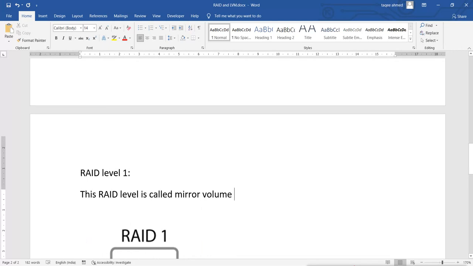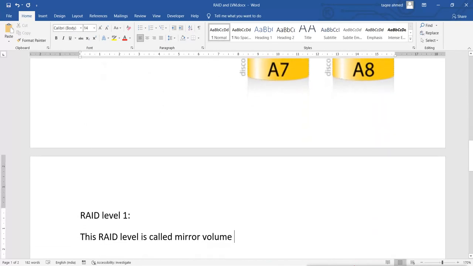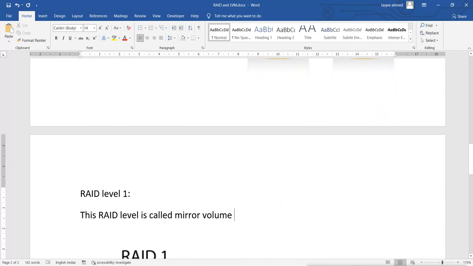Now mirror volume means what? We know the meaning of mirror. Now mirror means it does copy.